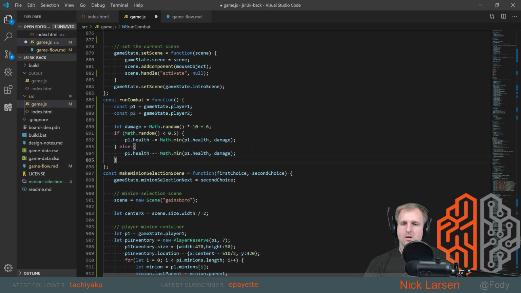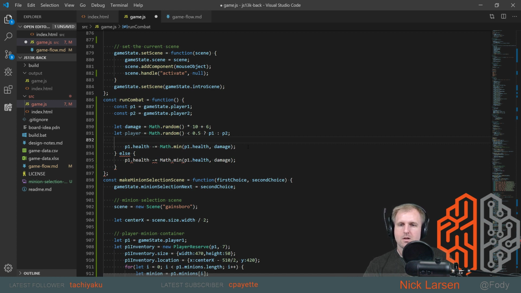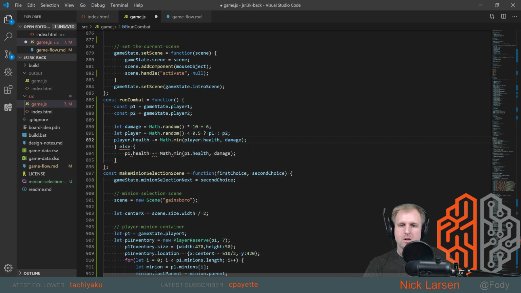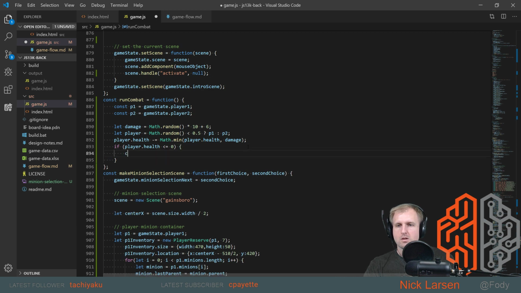Else, let's just do let player equals P1 or P2. Then we're going to say player.health. If player.health is less than or equal to 0, console.log end of game, else